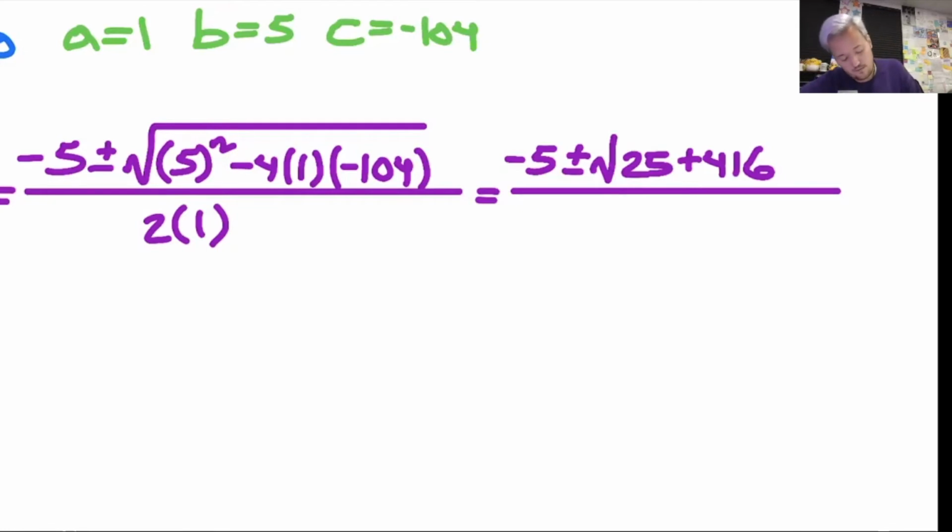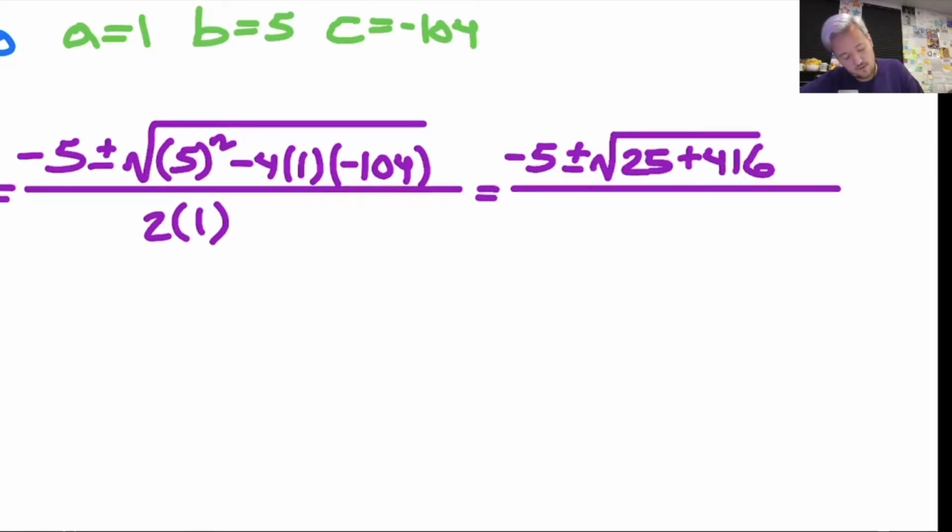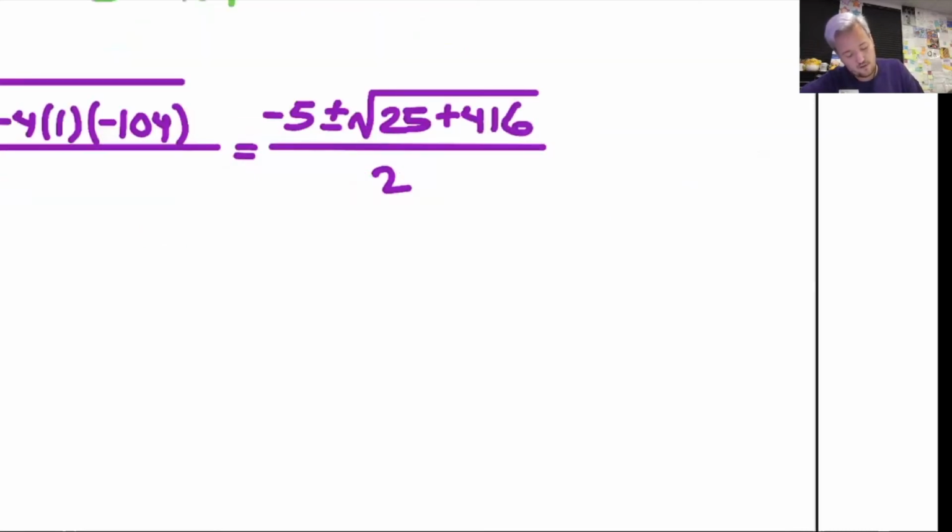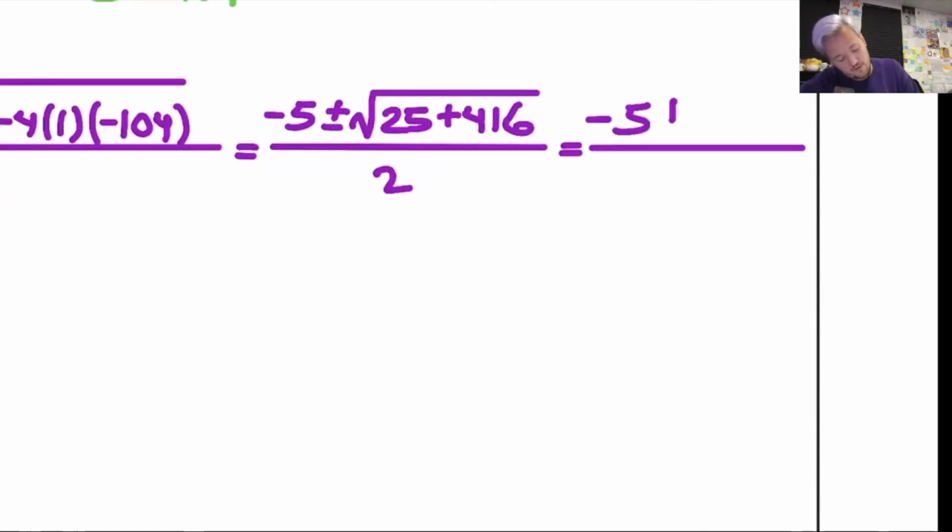I'd rather check just to be safe. All right, all over 2. So now what I'm going to do is I want to simplify that discriminant even more. So negative 5 plus or minus the square root of 441